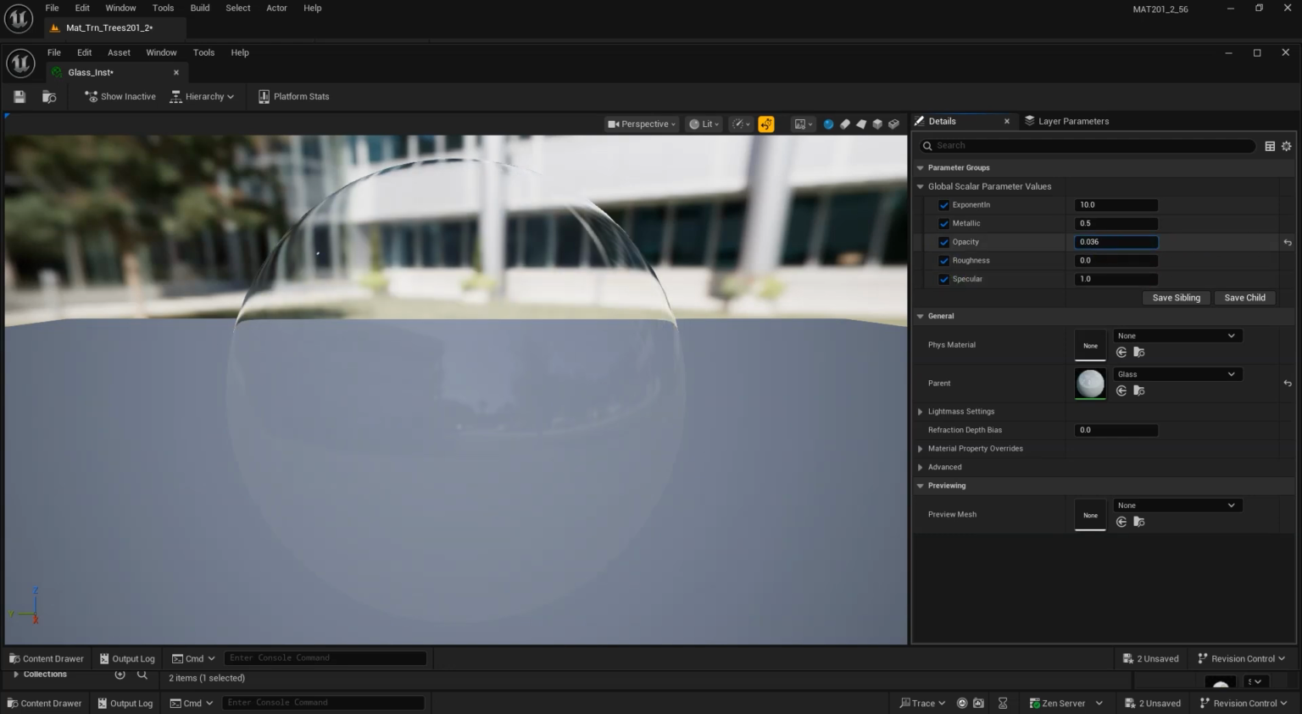See, this is the transparency, right? Metallic. Okay, this is the IOR exponent, right? And specular, it is like happening here. See,